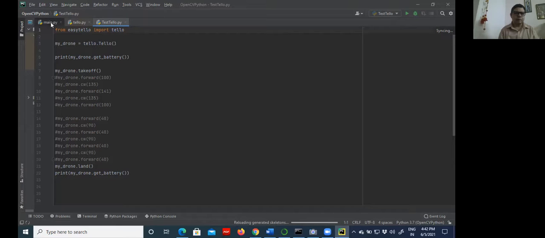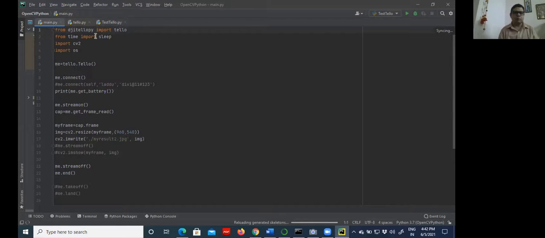This DJI library is for general drone programming. You can use any DJI drone like Phantom, Tello, and mini or nano drones, which are programmable in nature and made by the DJI company.